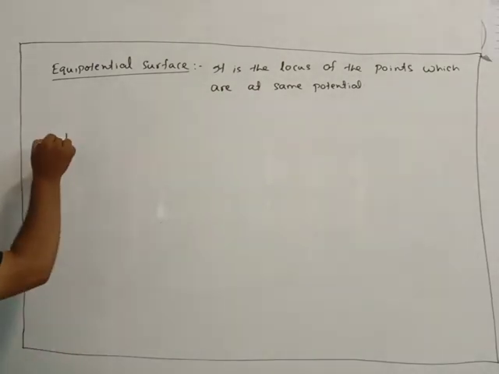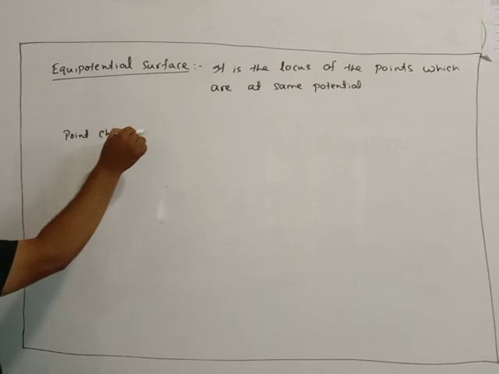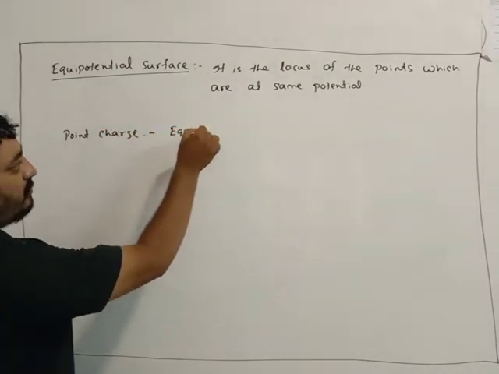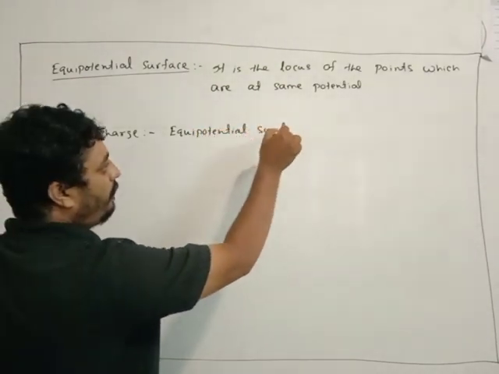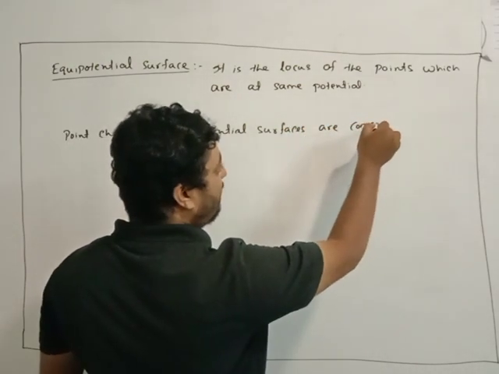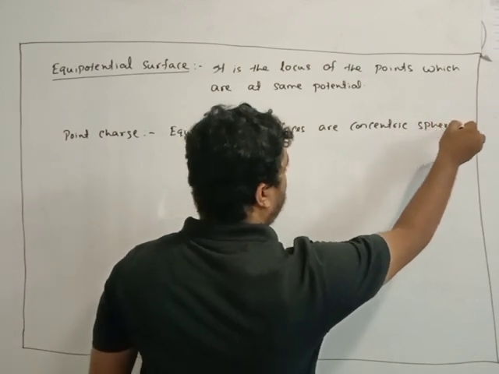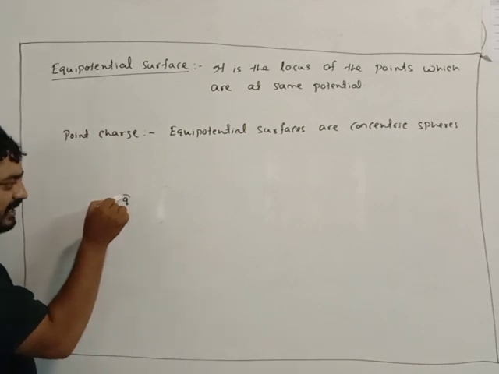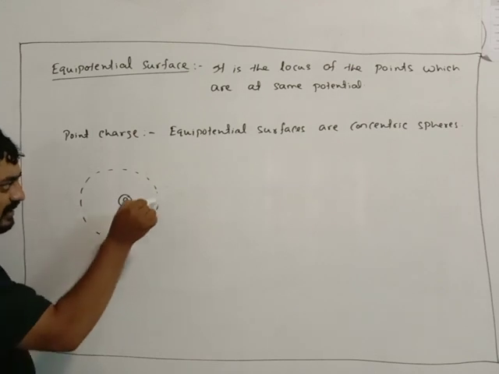So if we take a point charge, the equipotential surfaces are concentric spheres. So let this is a point charge Q here. The equipotential surface are the